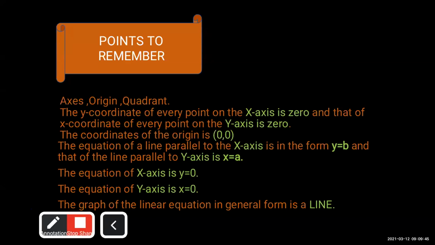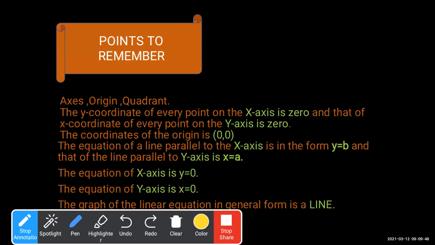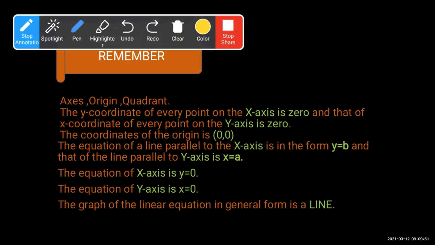Now students, just remember that this linear equation you have studied in your maths part 1. In your 10th standard the whole chapter is about the linear equation, and in that chapter you are going to apply this coordinate geometry concept. The word linear means a line. That means any equation whose highest degree is 1.